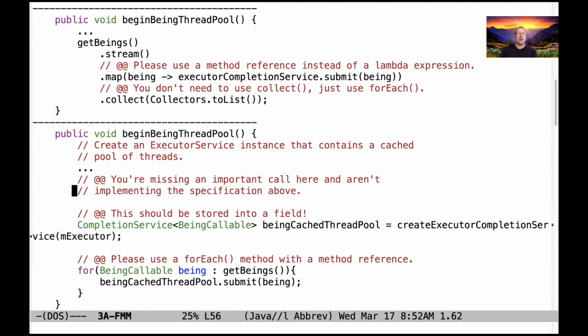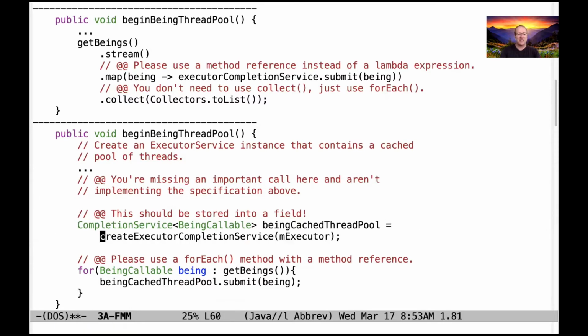Down here, this code, a number of people had variants of this problem. This code is not creating the executor service. I also saw code that didn't create the executor completion service. So make sure that you correctly call those factory methods. Once again, this would trivially be caught if you ran the tests. So do not forget to run the tests. Do not forget to come and ask questions in office hours or on Piazza if your tests aren't working. And if you're not doing well on these things, there's really no good reason for it because there's plenty of